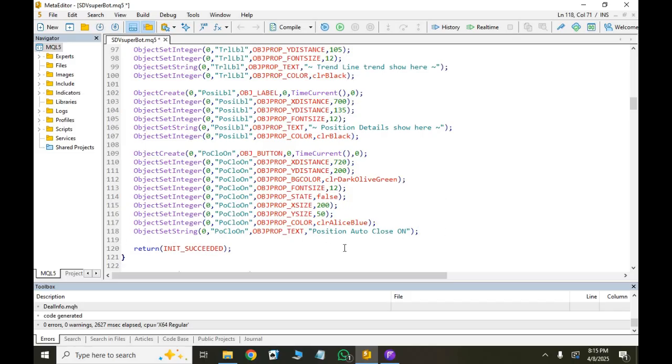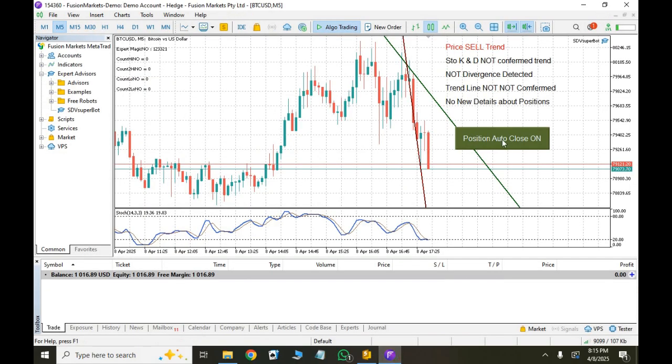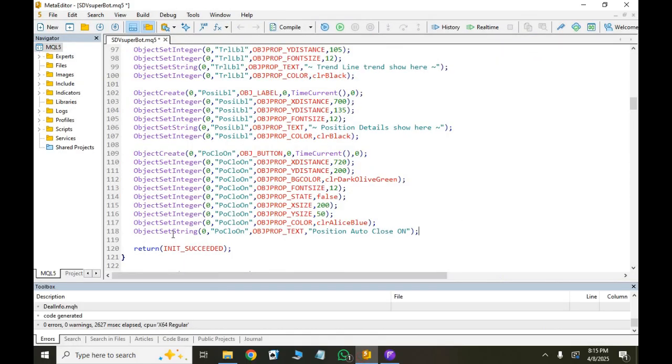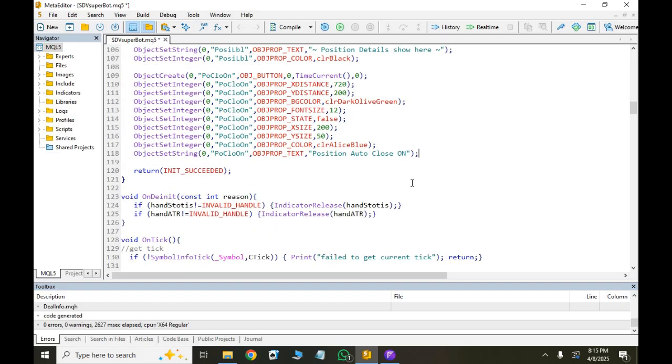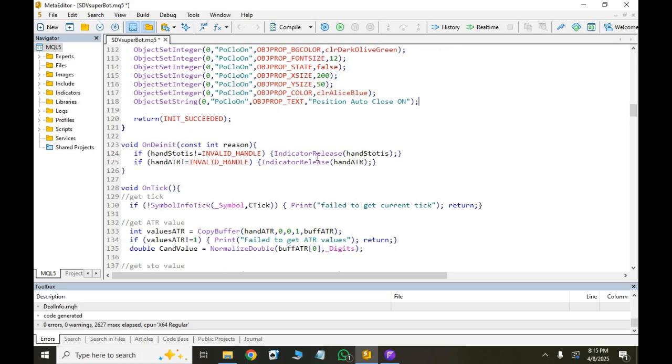And we can set a tooltip, some tooltip text to show when the mouse gets over the button. Click it to change settings like that. So we can add here a string property, object set string, this name, object tooltip, and write the text. Then it shows when we put the mouse on the button, that tooltip text can be shown. Right, and then